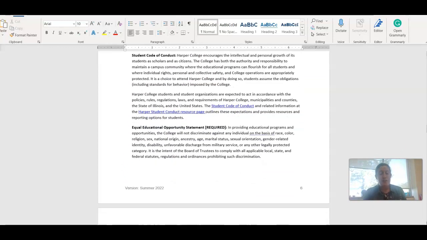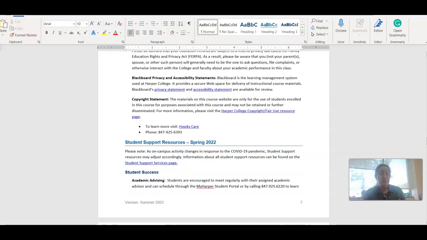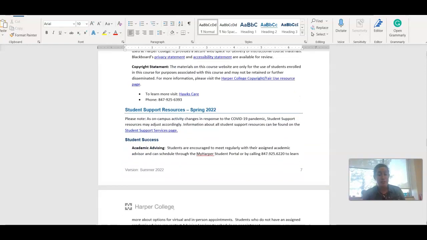This is more information for you about Harper College policies, and I would like to encourage you to read this and look this up, okay? So these are